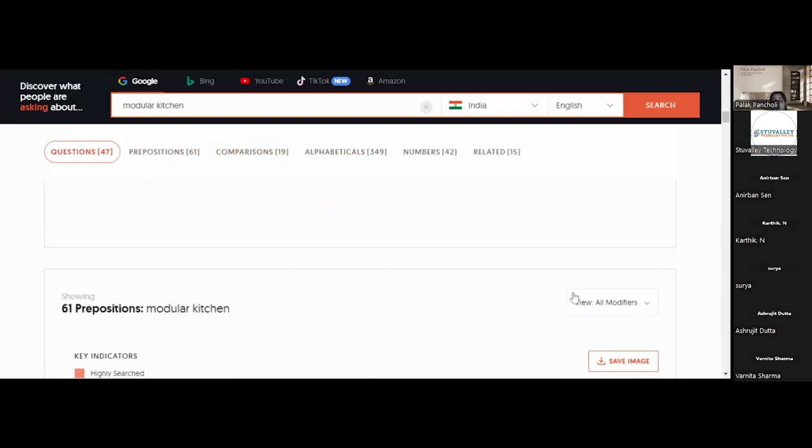We have so many keywords in the keyword research list, but you have to select only those which are closely related or directly relevant to your product or services. Others you can leave. Is that clear? Clear to all?